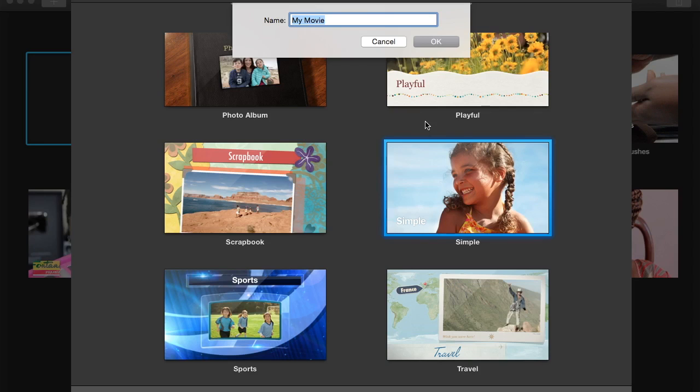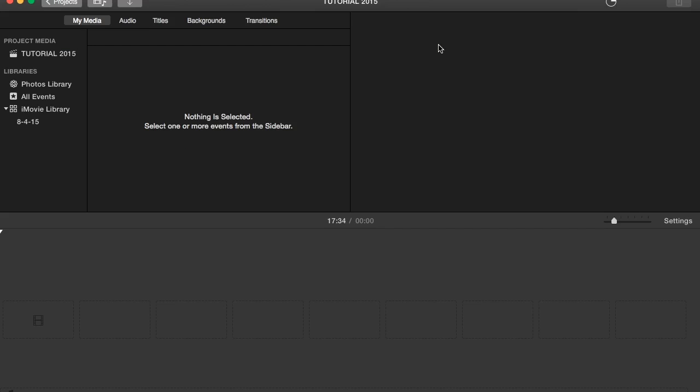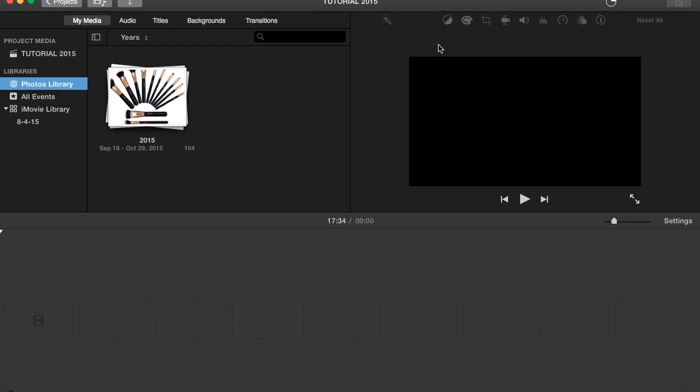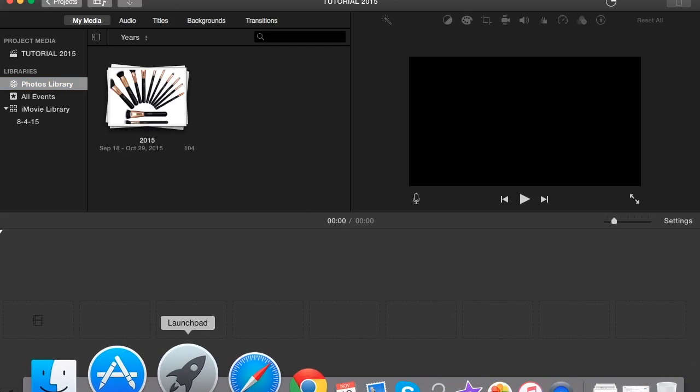I can't remember which tutorial I need to edit. So let me just write tutorial 2015, because I can't remember which tutorial I need to edit. Clicking OK. Then it takes me to this little area here. So now what I'm going to do is I'm going to just come down here,